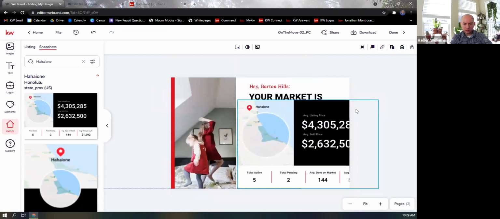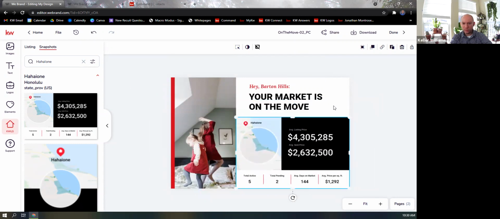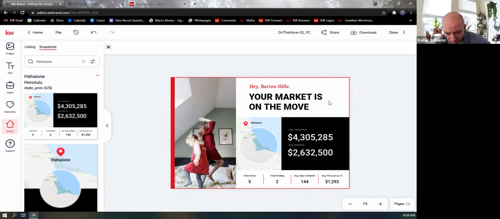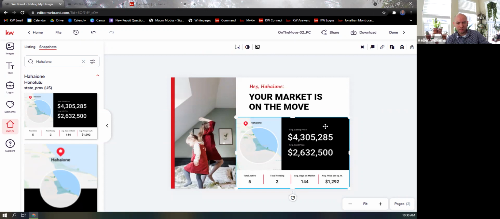And you can delete the one below it if you want. It's up to you. Resize it to overlay it. And if you agree with all those stats, then you're pretty much well on your way. All you've got to do is change this to whatever neighborhood it is. I still have mine on the clipboard, Control V, nice and quick. And just like that, I've got something that I can present to people. A cool little picture of happy young children jumping out of bed. You're good to go. Now, if you feel like these stats aren't quite what you're looking for,